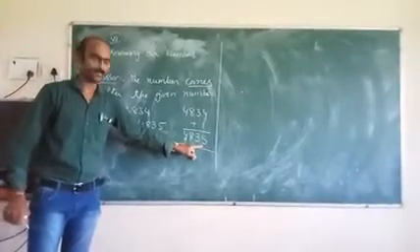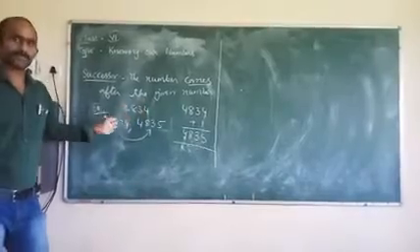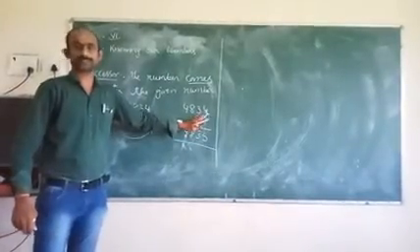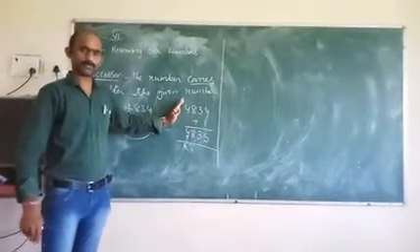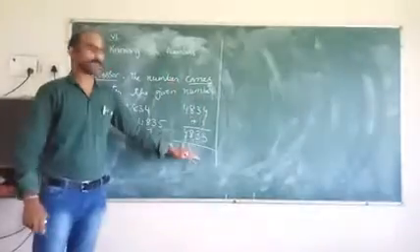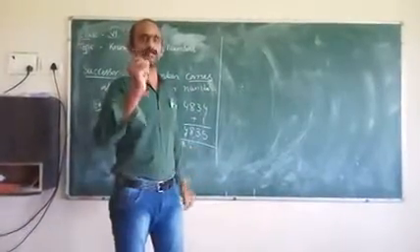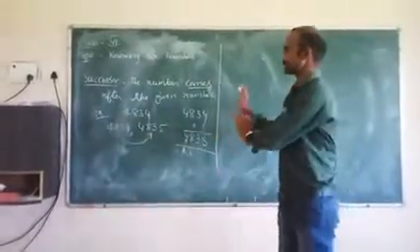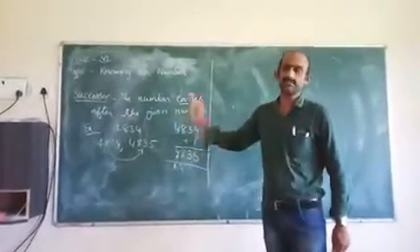Successor means the number which comes after the given number, or if we add 1 to the given number, it is called a successor. The number we took, 4834, plus 1 is 4835. Successor means we have to add 1 to the given number. So, what is known as a successor? The number which comes after the given number is called a successor.